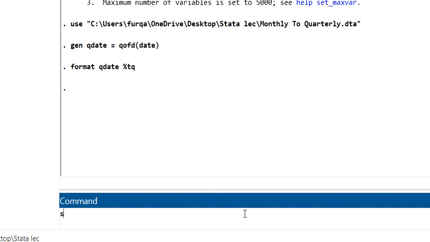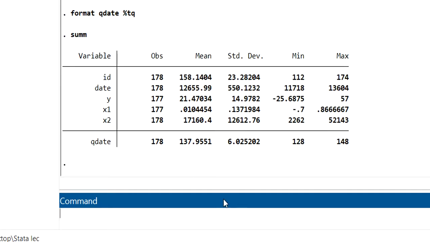Before running collapse, I want to show you the summary of the data. We have around 178 observations in our sample.